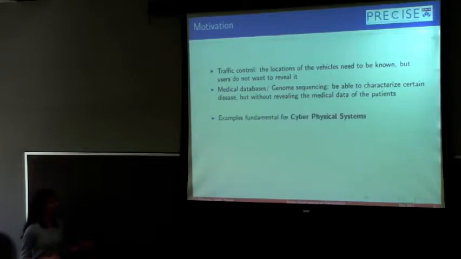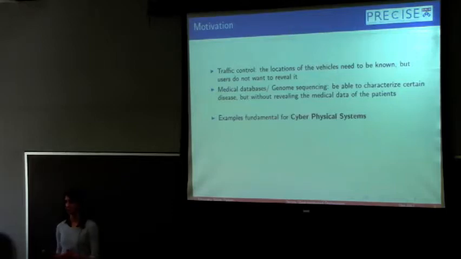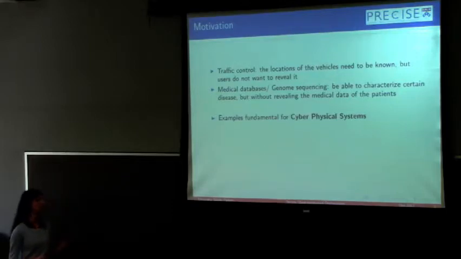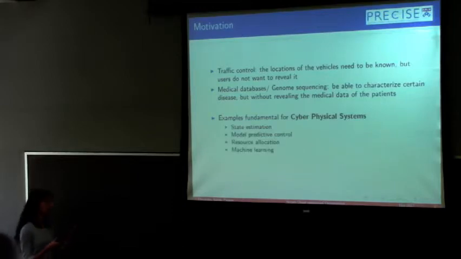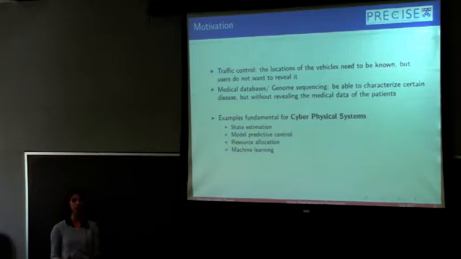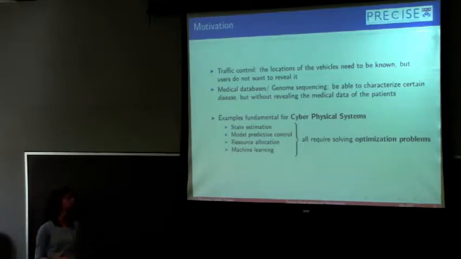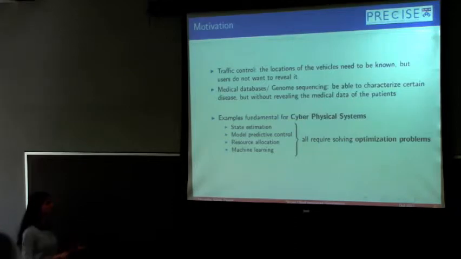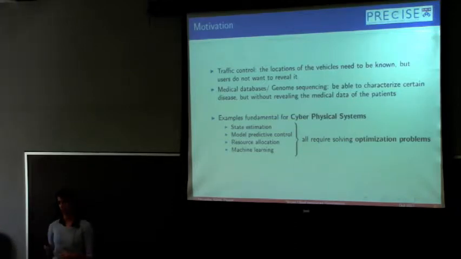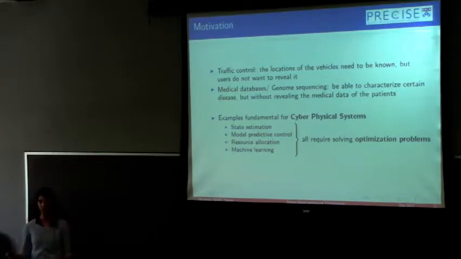But however, we're interested in other types of problems where we need privacy, and that's in controlling cyber-physical systems. And so we want to do state estimation in a secure way. We want to do control in a secure way. Also decision-taking with machine learning in a secure way, which means keep the data private and also the result of this computation private. So what these things have in common is that they can be modeled as constrained optimization problems. And moreover, the ones I chose here, they can be modeled as quadratic optimization problems. So in this talk, I'm actually going to address a case of quadratic optimization problems and how to solve it